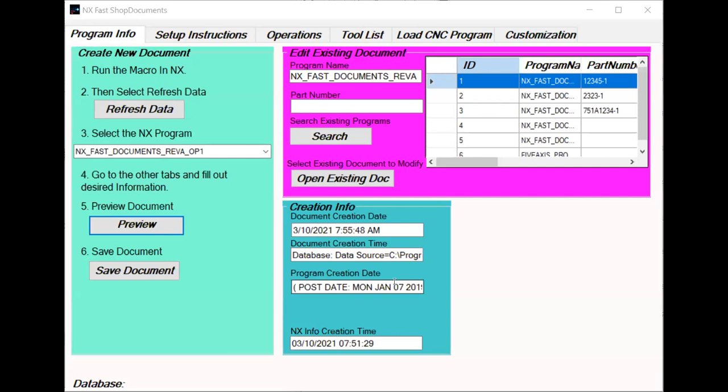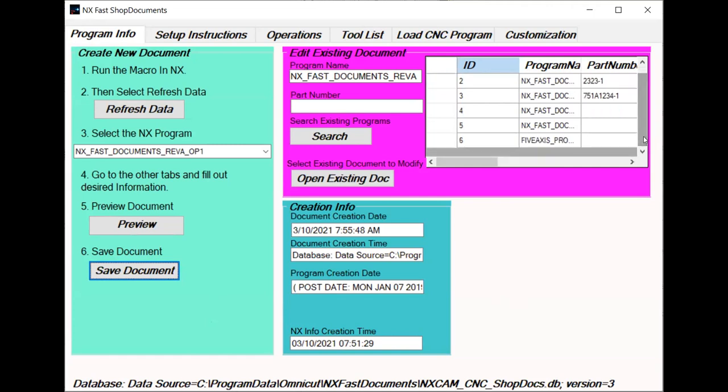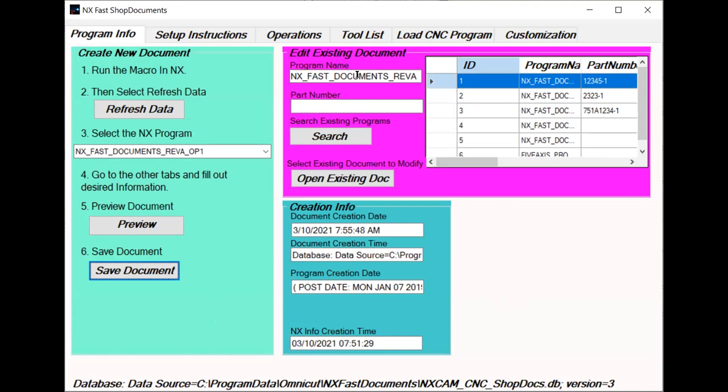And so once you have that document created and we previewed it, you can save it in the database. And then say in 5 years, you get the same job, and you want to run exactly the same documents and exactly the same NC program. Well, as things change, and it's always hard to know whether or not those documents are going to be there, whether or not you can find the program. All you do is you search for that document, search for that program,